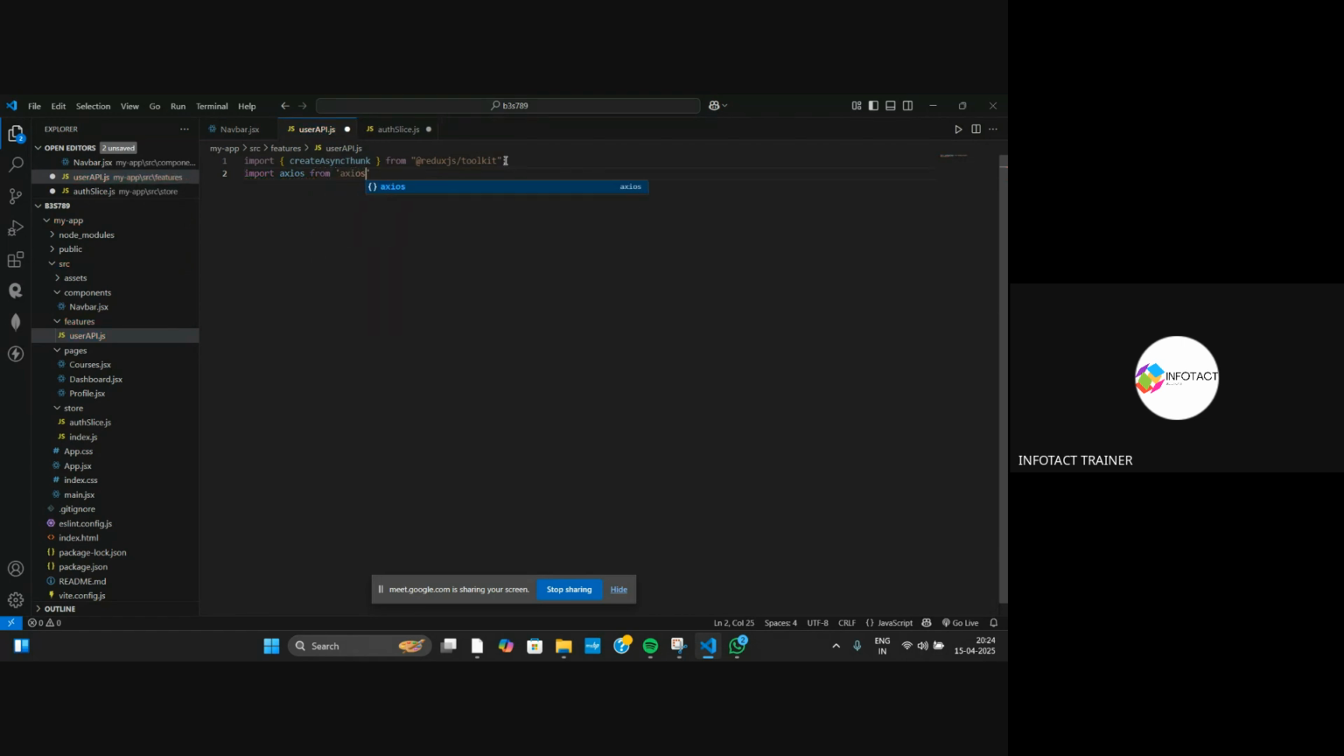Any guesses why do we use this axios? To fetch the data and to post the data, ma'am. All right, to fetch the data from any API or the backend to the front end, right? Yes, ma'am. So here I'll be creating a function that is const fetchCourses